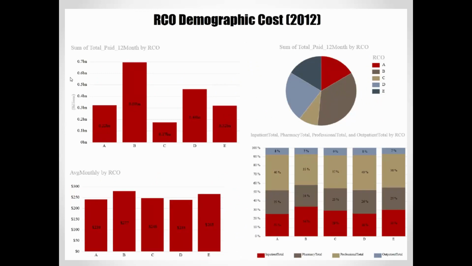If we apply that same population to cost, you'll see the same general structure in the upper left-hand corner for the amount of money spent in each one, from $1/3 of a billion up to $0.69 billion a year. And then you'll see that same in that pie chart in the upper right-hand corner. We then went and got the average monthly cost in the bottom left-hand corner, and I want to remind you again,